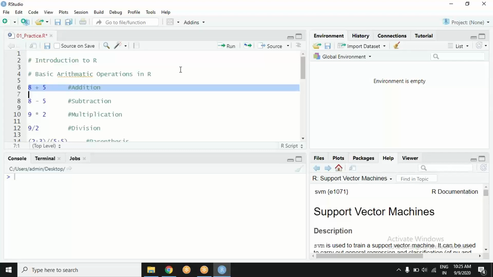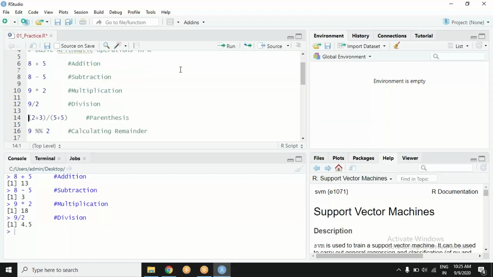Then there are simple arithmetic operations: plus, minus, multiplication, division, and something interesting. Remember the BODMAS rule? Everybody? Which standard was it, 5th, 6th, 7th, when it first came across us?